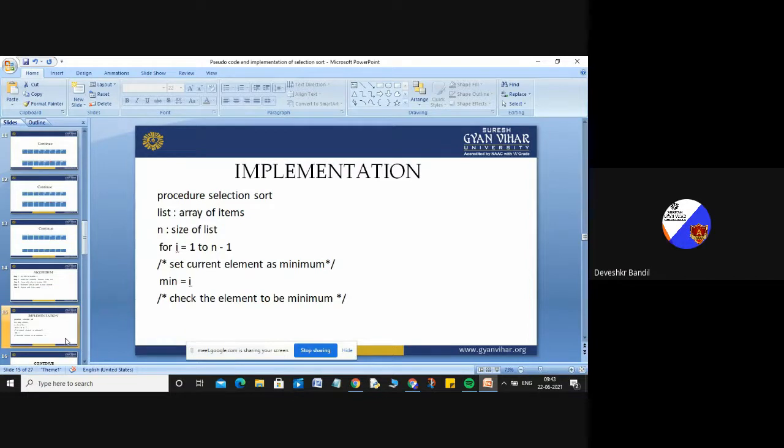And now, if we talk about the implementation and pseudocode of the selection sort algorithm, first of all, you will make a function, a procedure, for selection sort. In your selection sort procedure, first of all, you will take the list, you will take the array,